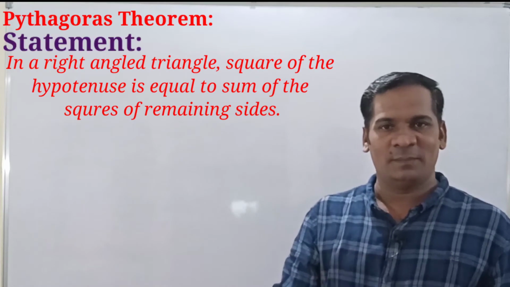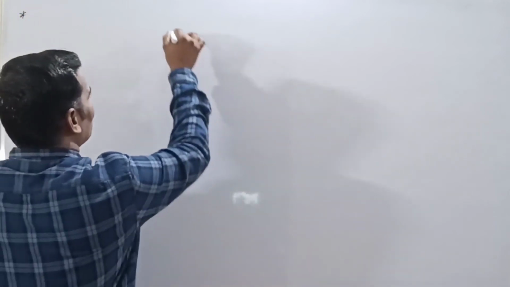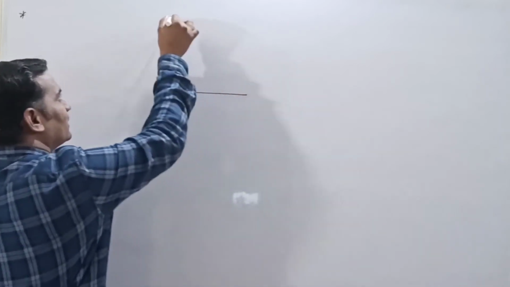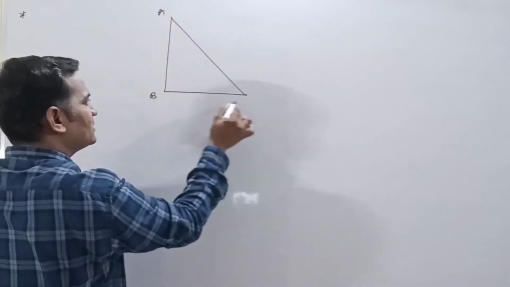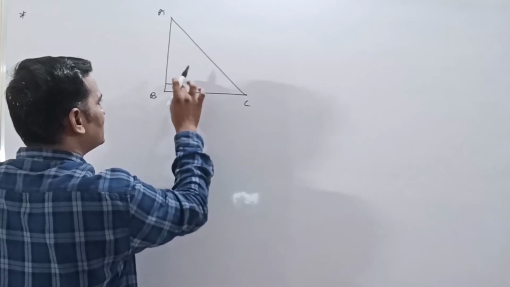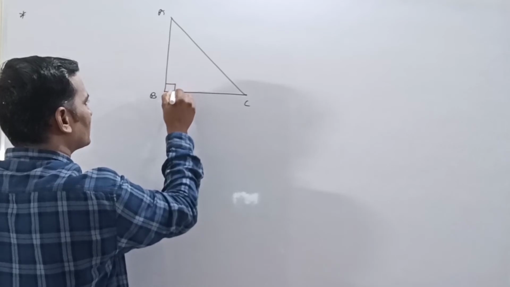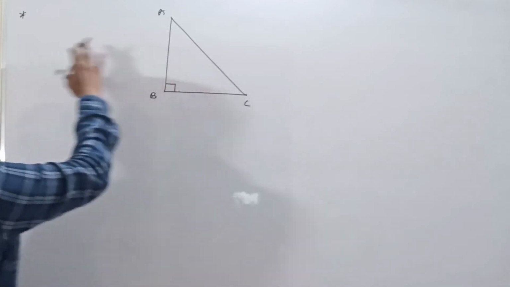Okay. So for that purpose we have to draw the right angle triangle first of all. So let's draw that right angle triangle here. Okay. So in this way we can draw that right angle triangle here. Triangle ABC, this is a right angle triangle in which angle B is equal to 90 degree. Okay. Now this angle B is equal to how much? 90 degree. So whatever is there in a figure we will write as given.